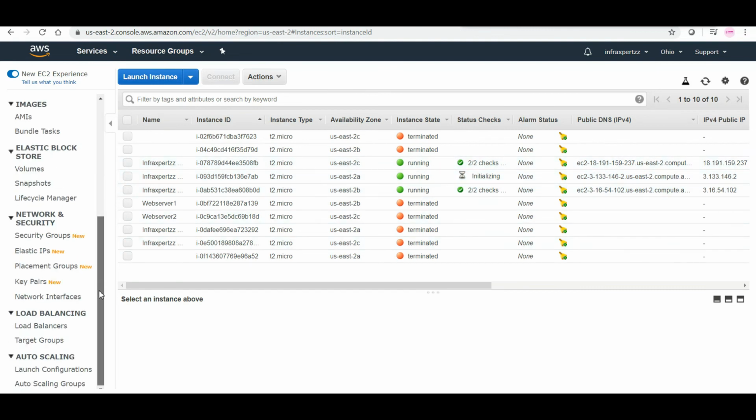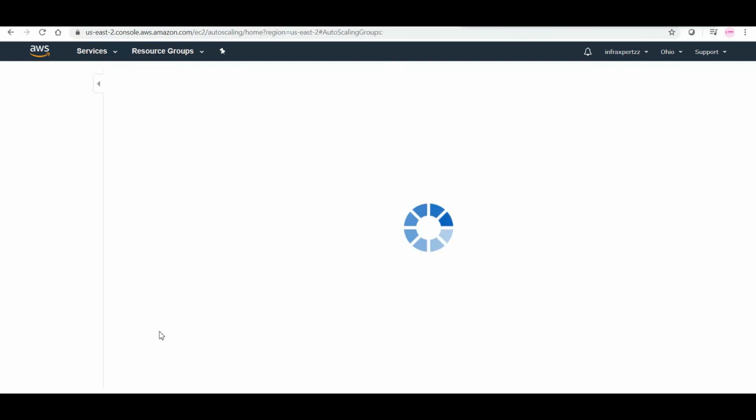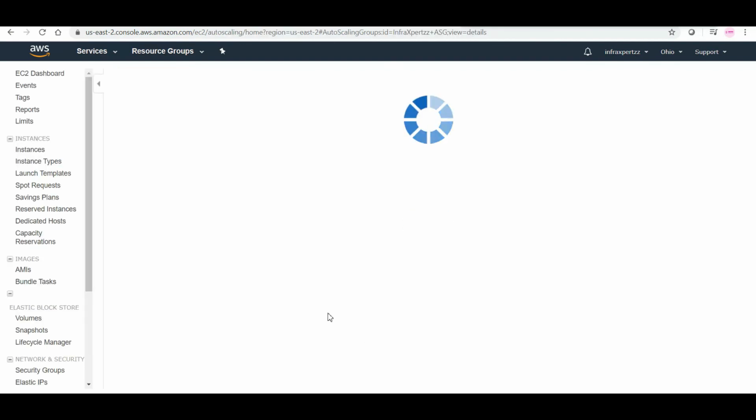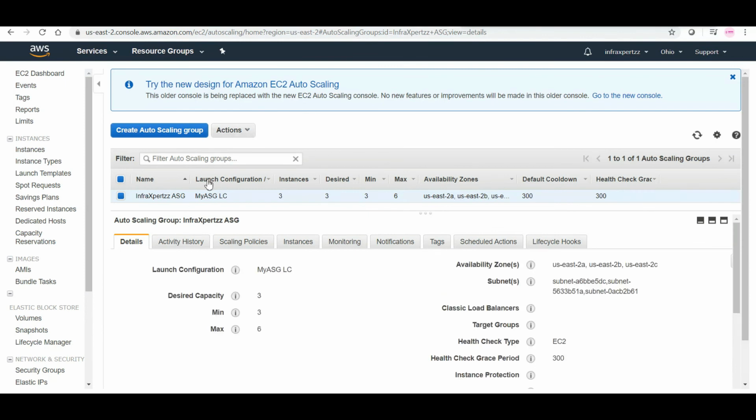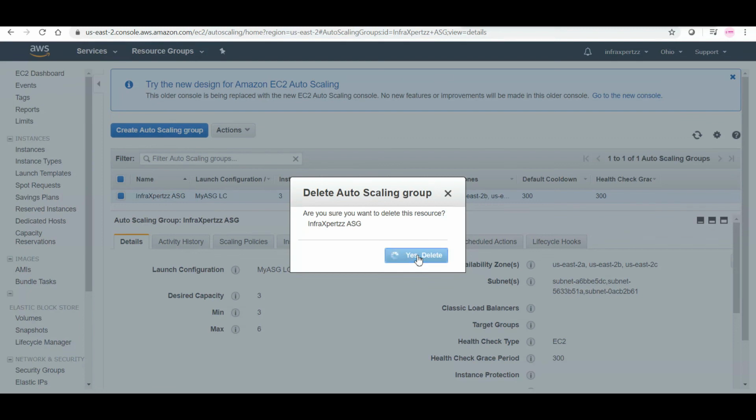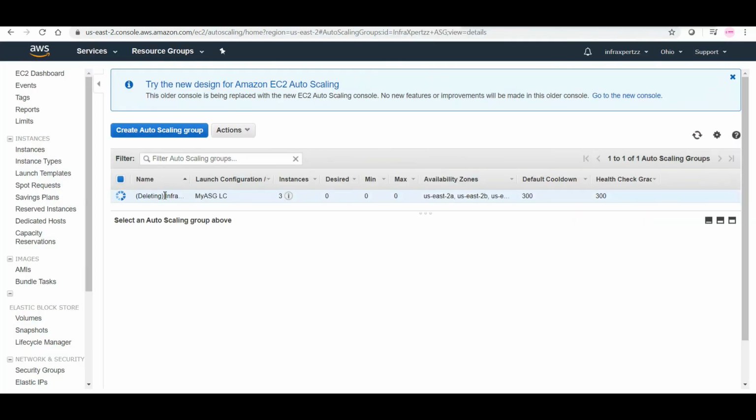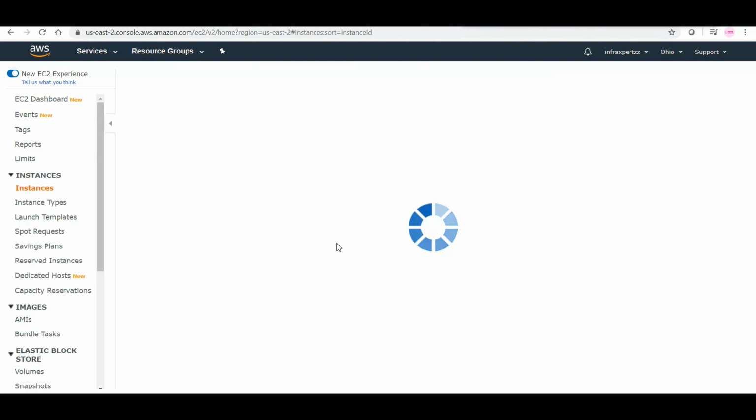So what will happen if I delete my autoscaling group right now? Let me delete my autoscaling group. As soon as you delete it, you will see my EC2 instances are also getting terminated.